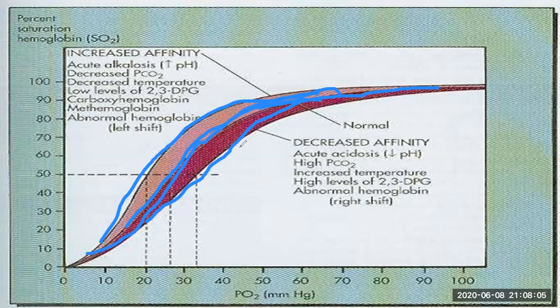Before I discuss this OHDC, you should know four factors which affect the oxygen hemoglobin dissociation curve. First is the pH, second is the temperature, and third is 2,3 DPG. Previously it was called DPG, but now it is called 2,3 bisphosphoglycerate. The fourth is the CO2 concentration. These four factors affect the binding affinity of oxygen with hemoglobin molecules.